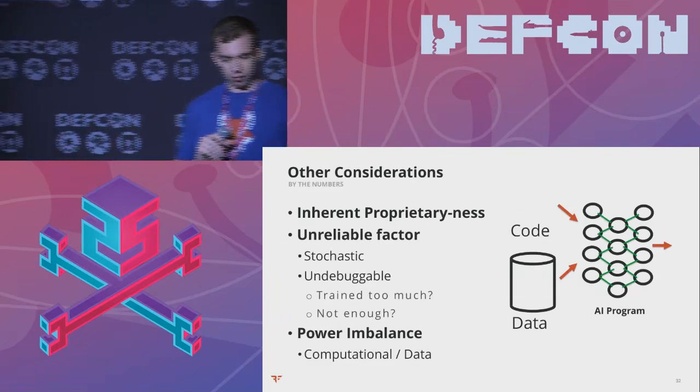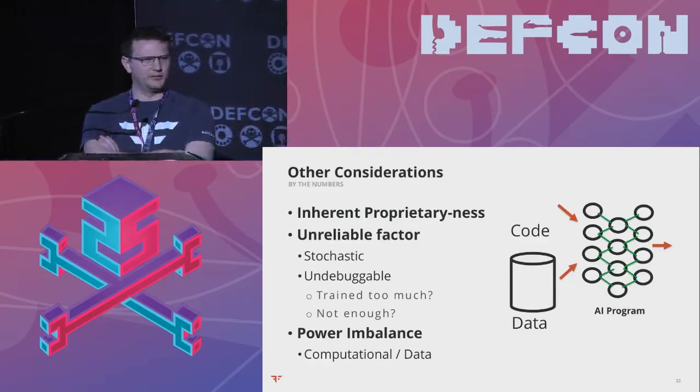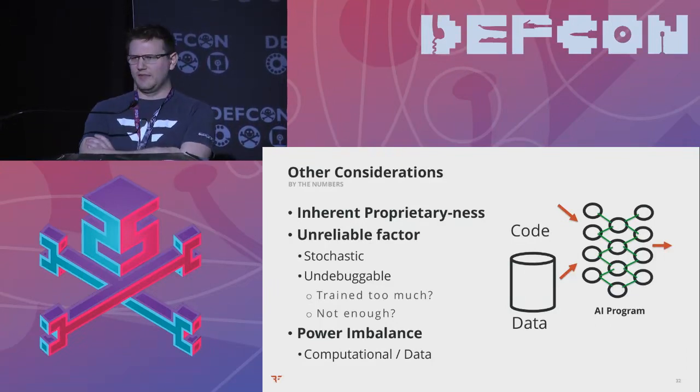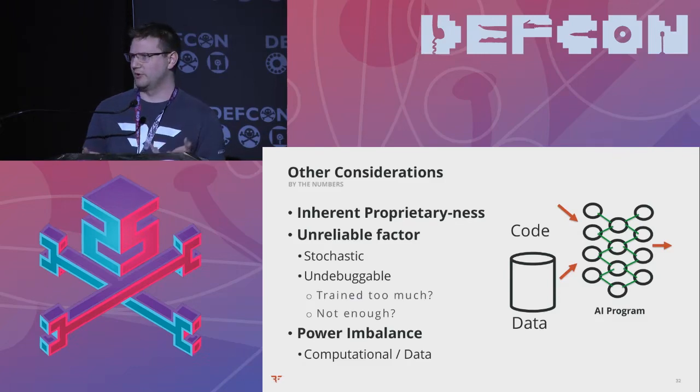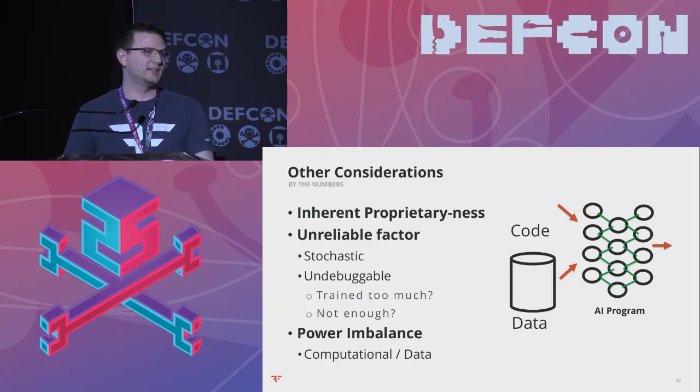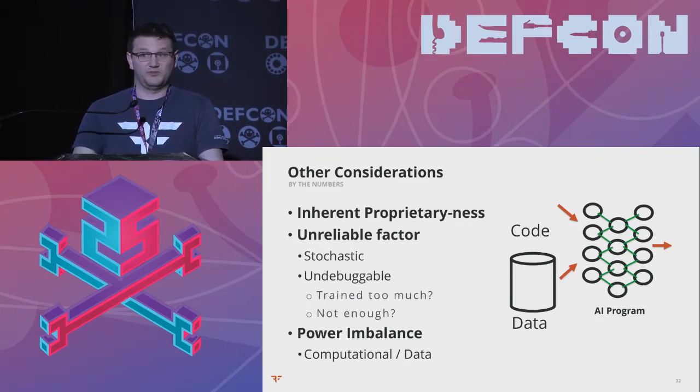So some other considerations here about neural networks and AI and hacking in general. Neural networks have this kind of inherent proprietariness to them in that there's no really good way to debug them or to know what they're doing, even in principle. Your code, your logic, the thing that determines what your program is doing is a shape. It's a literal geometric shape, not figuratively. It's a function that has a shape. And so if you ask, why did my machine learning car run over a dog? The answer is, that's just what it did. There's no good reason for it. It just followed the shape that it thought it was supposed to follow.